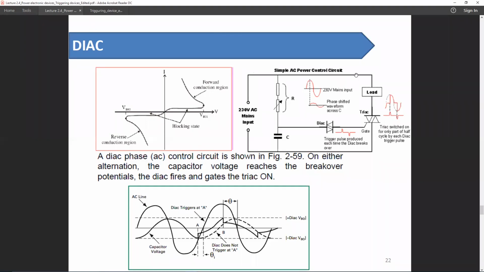Here is an example of a DIAC circuit which is coupled with this TRIAC circuit. So basically in this circuit, the DIAC is used as a triggering device for this TRIAC. This very circuit is used in a ceiling fan regulator in our home. Note that the DIAC is connected to this RC network. So in case of an RC network,